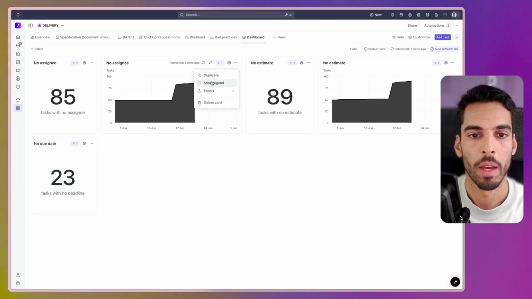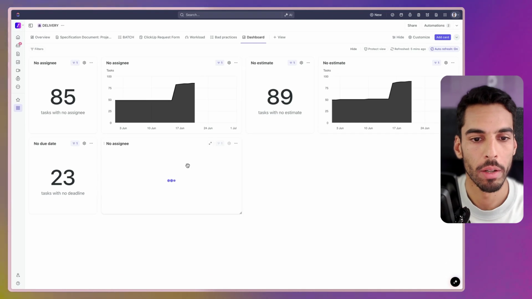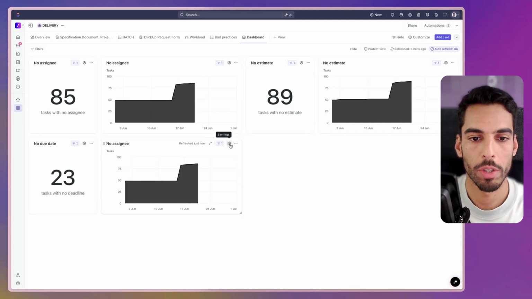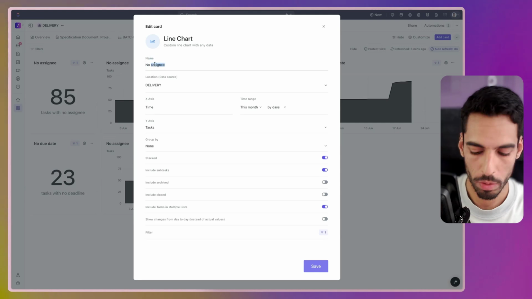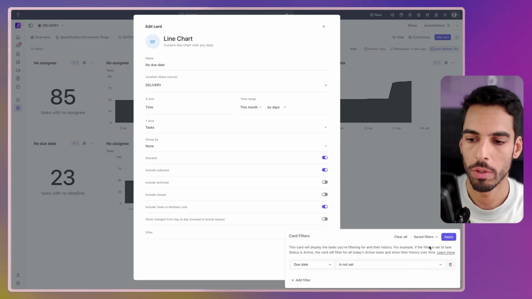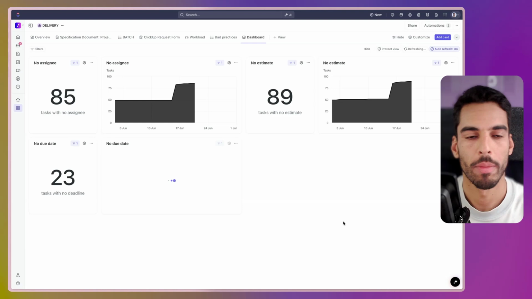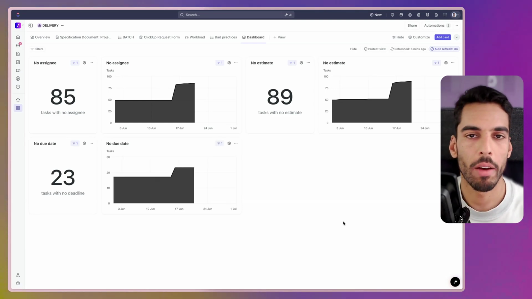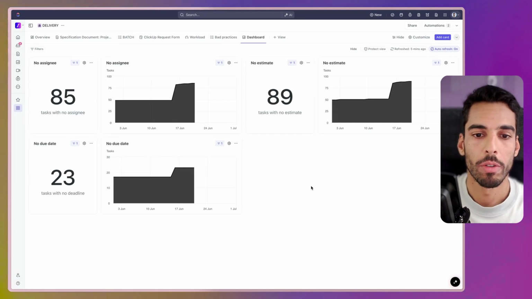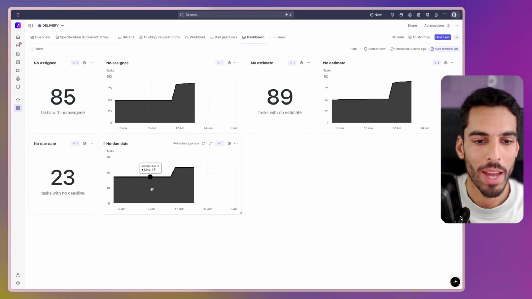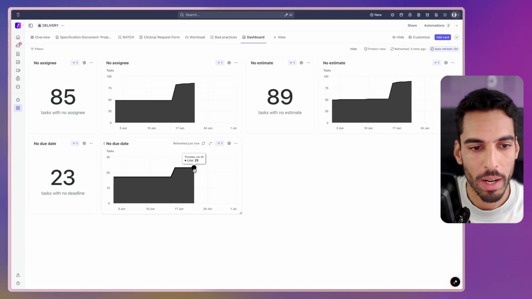That's pretty good. And if we duplicate that chart right here, we should have some similar information. We just have to change our filter, no due date, and use the no due date filter, click apply and save. As you can see, it's quite easy once you get the hang of it. You have to do exactly the same setup for each type of card. You just change the filter. It should be pretty fast. As you can see, only 23 cards with no due date.